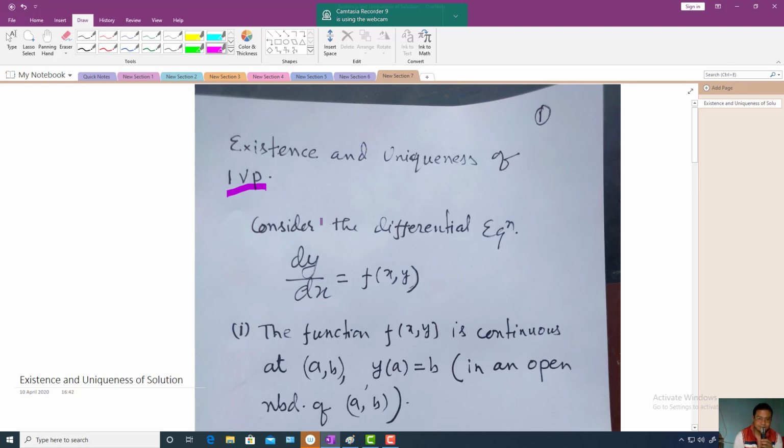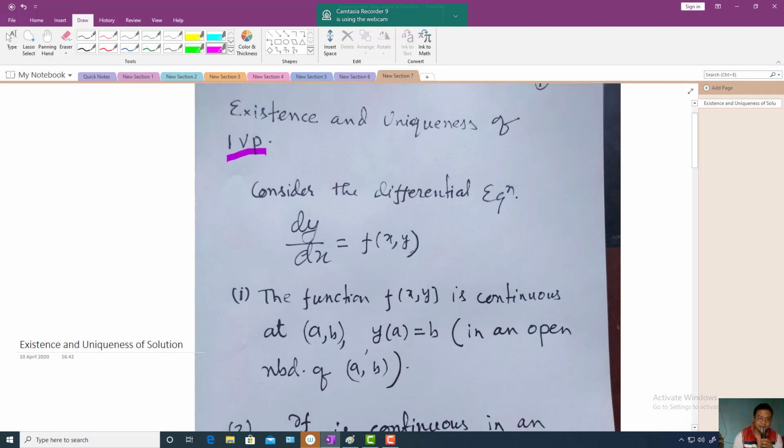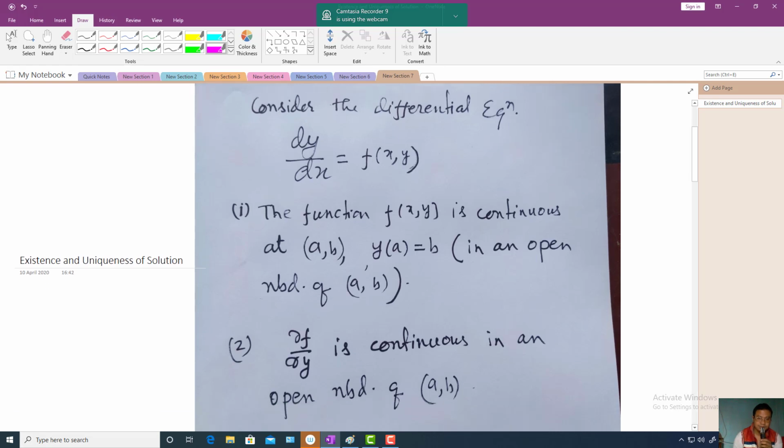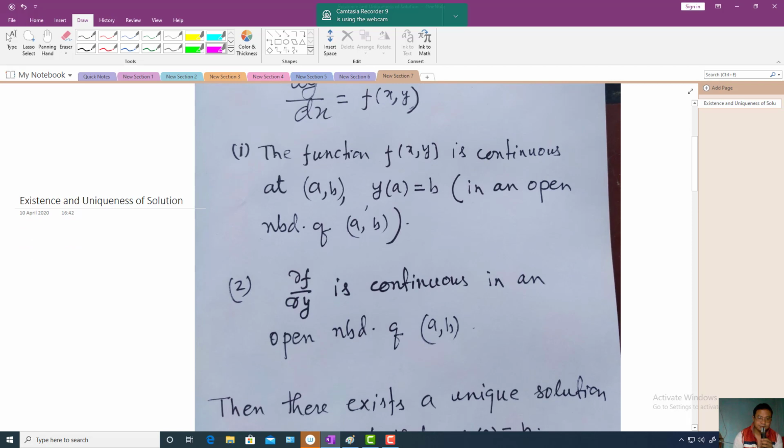The solution may exist passing through a point. Through that there may not be any solution. If the condition is fulfilled, then there will definitely be some solution passing through that point. Another one is, if there exists some solution, whether the solution is unique or not. That is the two things in the ordinary differential equation,